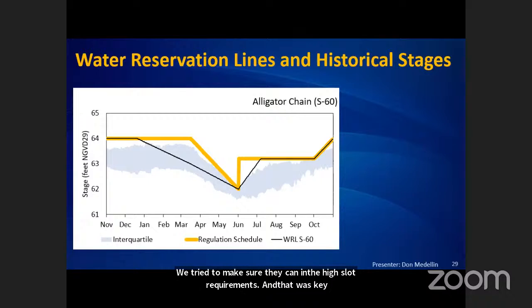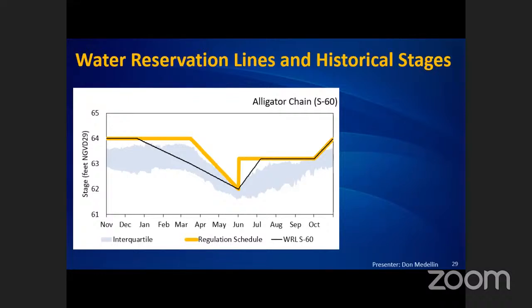So just a little bit about the water reservation line, and this is associated with the upper chain of lakes region. This is just an example within the Alligator Chain of Lakes, and I'm just going to walk you through the different portions. The blue area that you see in this graphic represents the 25th to 75th percentile of historical flows from 1972